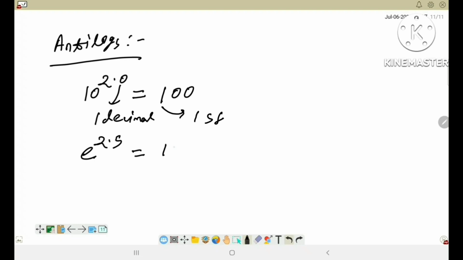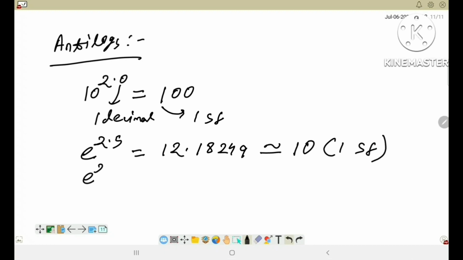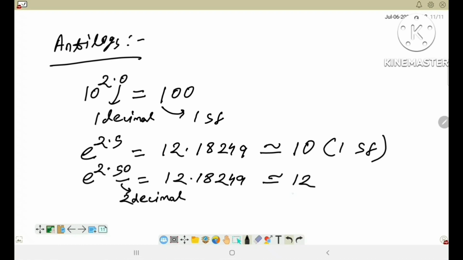If we take e raised to the power 2.5, the final answer should be 10, because in 2.5 the number has one decimal place, so the final answer should have one significant figure. e raised to the power 2.50, here 2.50 has two decimal places, so the final number should be rounded off to two significant figures. Okay,